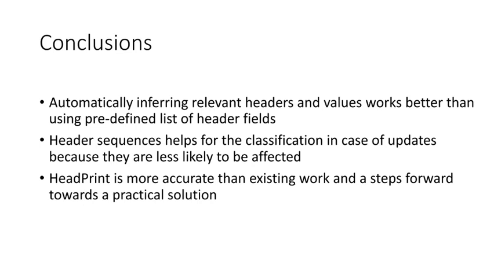The header sequences help to tolerate software updates. Software updates do not seem to affect header sequences as much as they affect the content, so it's a good feature that can be used to keep accuracy high despite some minor changes occurring in the network messages of updated